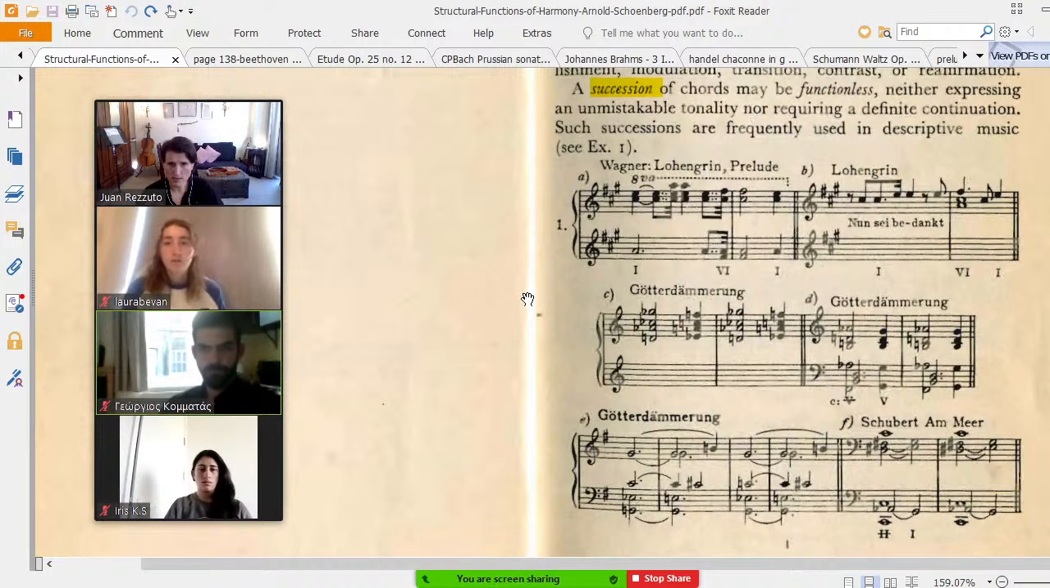Then you can see the examples, yes. But basically, descriptive music doesn't use functions. For example, do you see